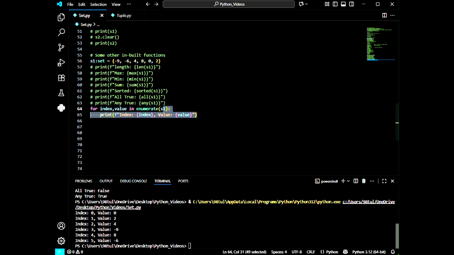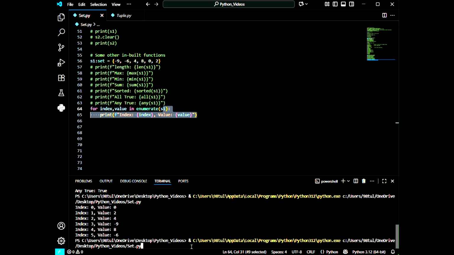So we can see here that at index 0, the value is 0. But as we have already seen in list and tuple, the position of the first element is the 0th index. So in this way, if at the 0th index there is -9, that means the value is -9, but we are not getting it. So we can understand by this program that a set has no indexing. Let me execute the program again and check whether it is giving me another output or not.